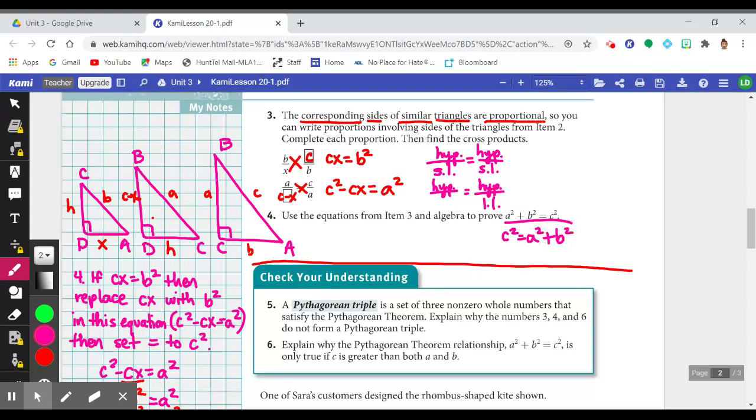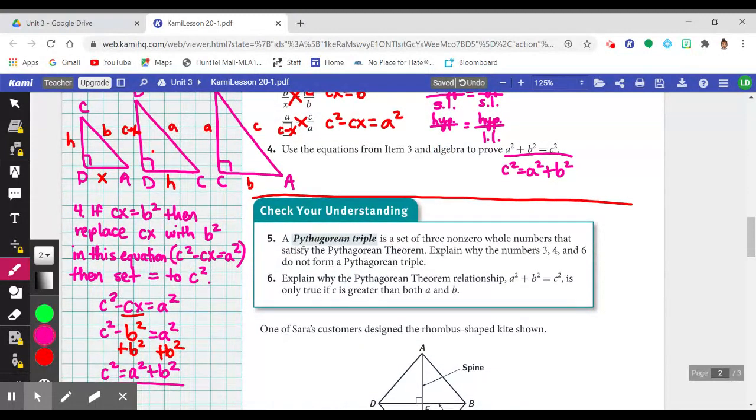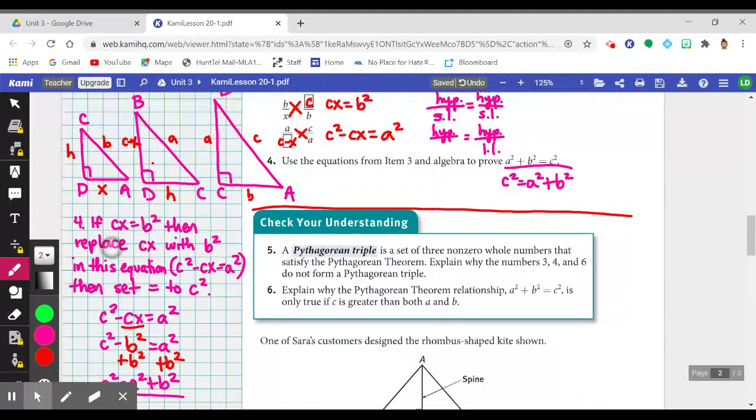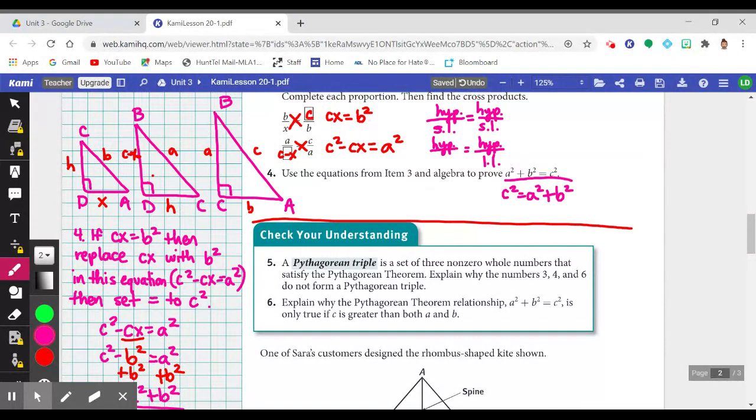These are the exact same formula, just the c squared is written on the left instead of the right. So don't get confused in that regard. I even explained that over here in item 4. If cx does really equal b squared, then replace cx with b squared in this equation. So in this second equation, we're going to replace cx with b squared because we learned that those are equivalent